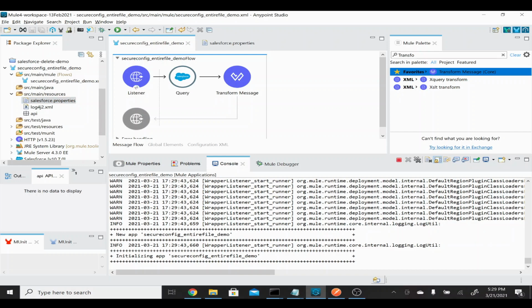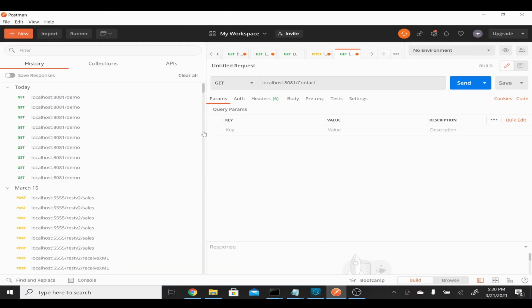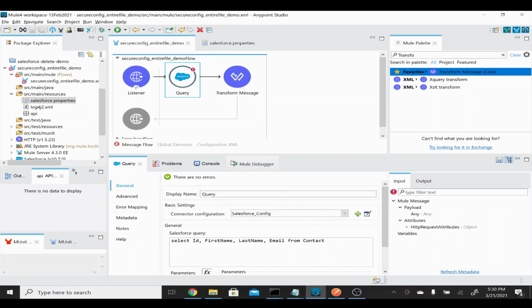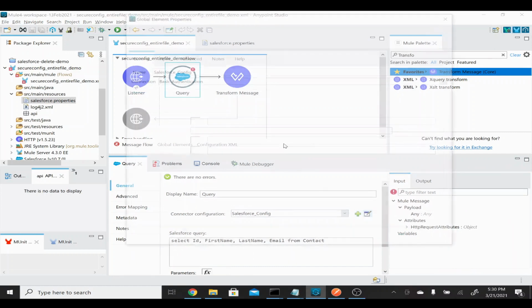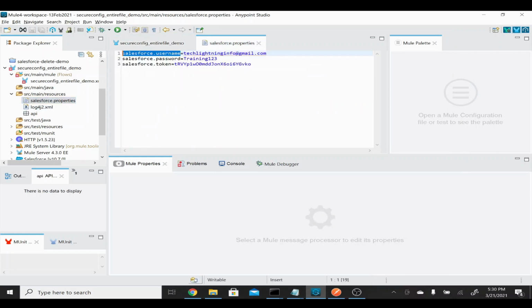So now we are in the last step. Here we are doing a simple get where we wanted to retrieve some records from the Salesforce contact object. I already had an existing trial account for Salesforce, which I logged in, and where I have contact details. Now I'm going to fetch that from MuleSoft. For that I have given all the configuration for my Salesforce environment, which is available here. So this is the configuration details for my Salesforce username, password, and also the token.